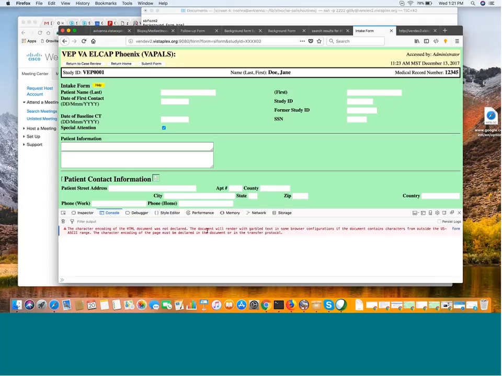It has this thing about the character encoding, and I don't know what that means, but it doesn't seem to impact the form. Yeah, that's an easy fix. So this form allows me to put in